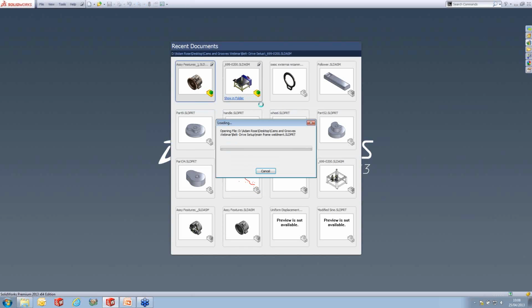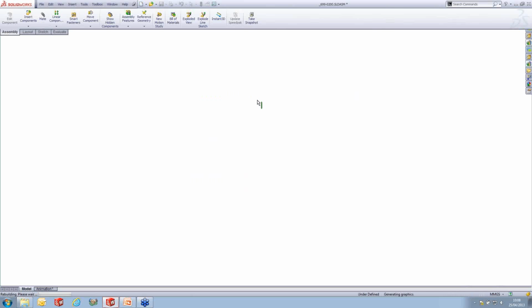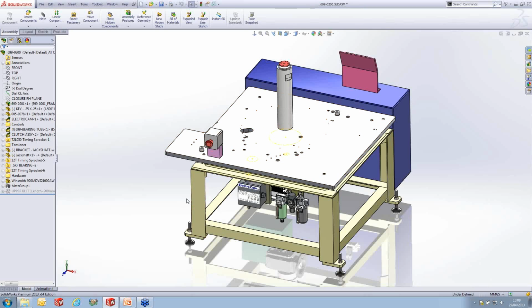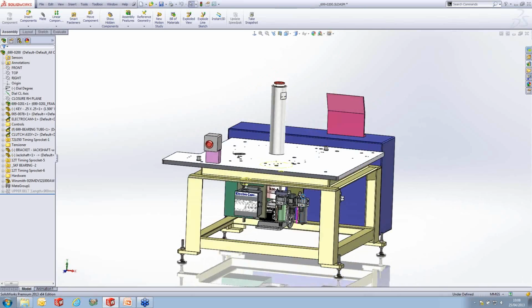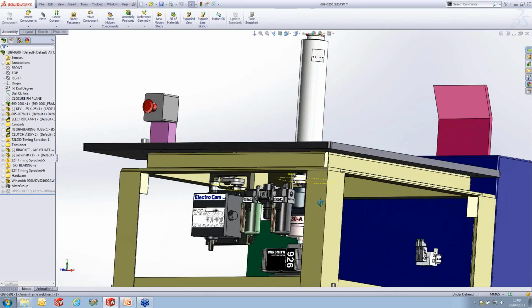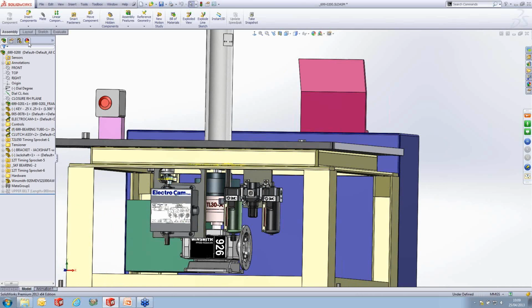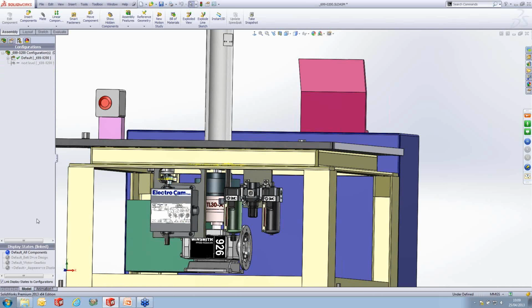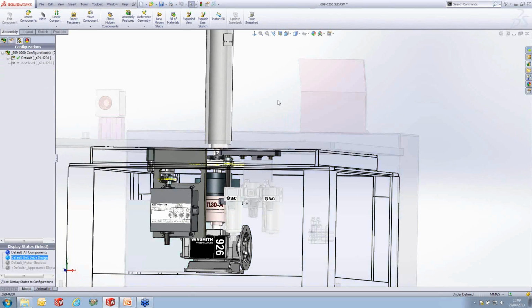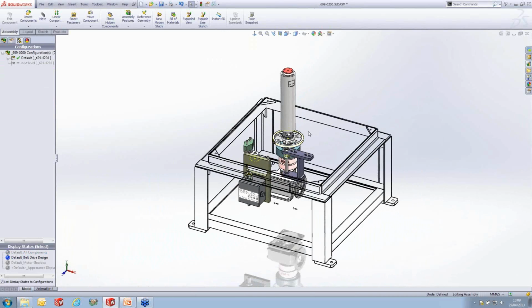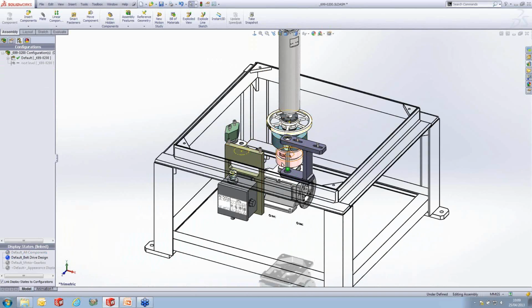If I'm going to go for a bit more of a complex assembly, I'll open up and we can have a look at the O-rings setup. Here we go. Here's an assembly. It's got some pieces underneath which I'm going to actually insert the O-rings into. To see through the model, I've actually set up display states which I can switch between. This one's the one I'm going to use, and it just gives me a good idea of what's inside the